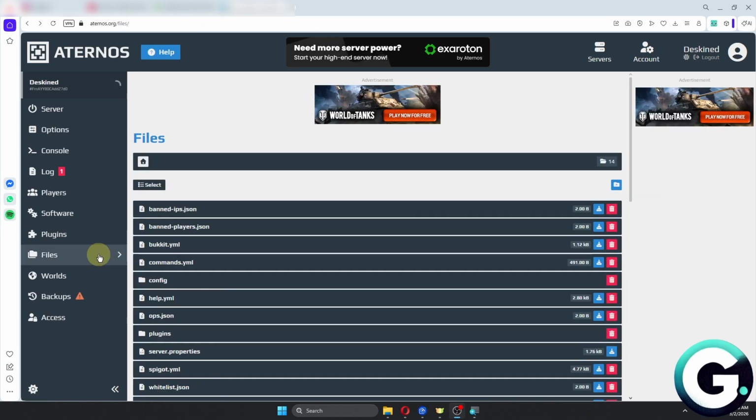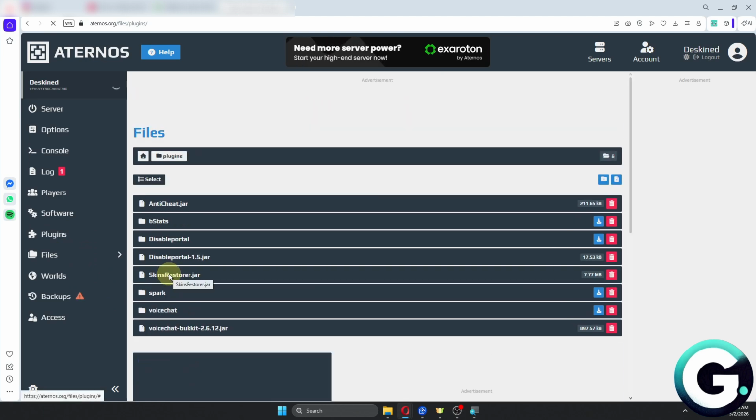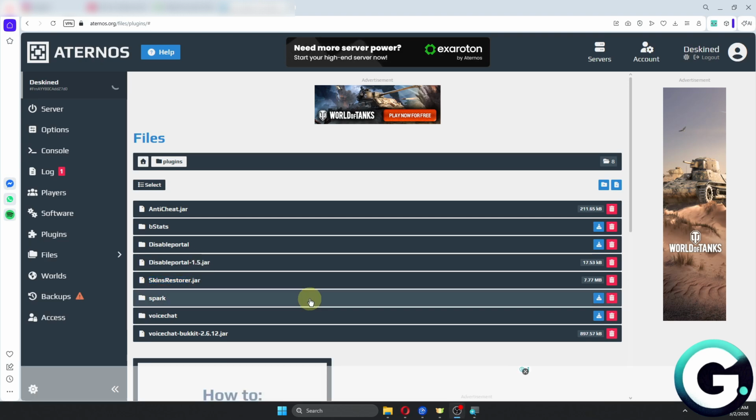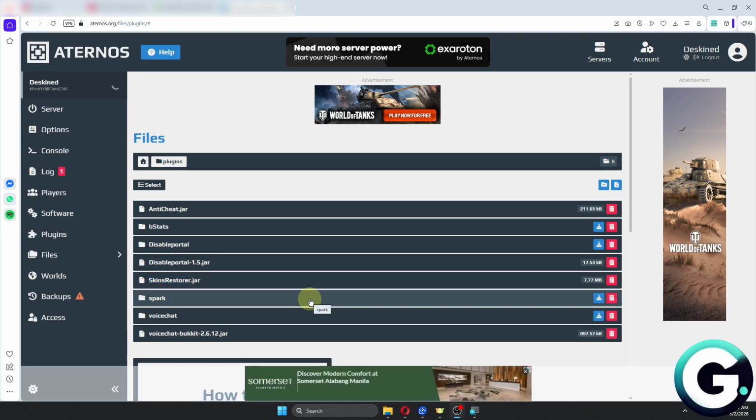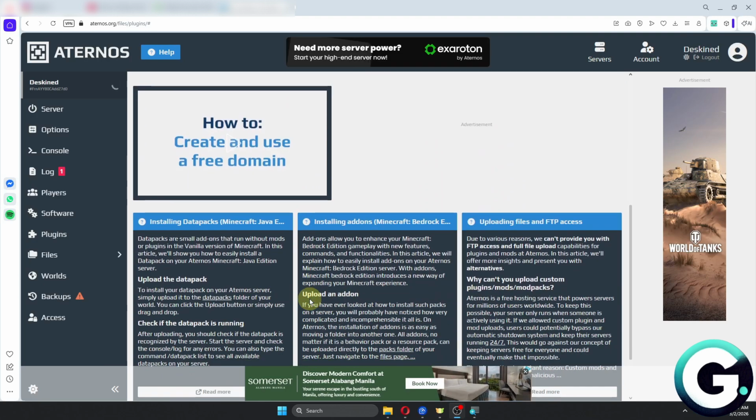And basically, to confirm that it's up and running, you want to click on the Files option. From here, scroll down and click on Plugins. You then want to look for the specific name of the plugin that we have installed. So in our case, it's going to be the Skins Restorer.jar. Basically, from there, just start your server, log in, and after you will be able to restore your skin on